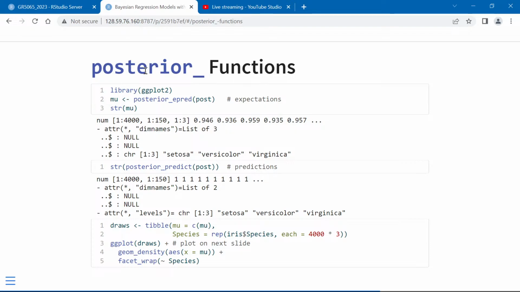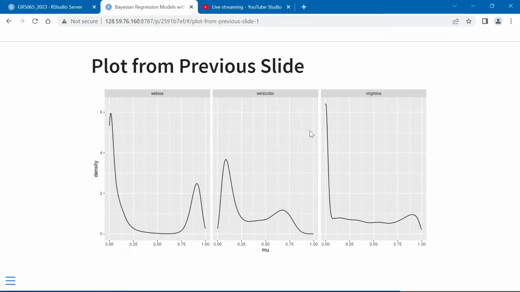But one thing we can do is take the probability of them being these 3 different species of iris. Those are real numbers, probabilities, between 0 and 1, inclusive, but they're usually internal to the 0-1 interval. And we can join those with the actual observed species from the data. We have to copy that the appropriate number of times in order for it to be 4,000 by 150 or whatever, but then we can use those to make the plot that appears on the next slide here